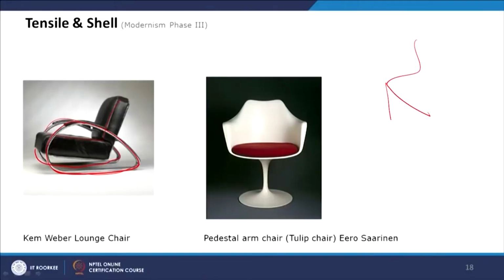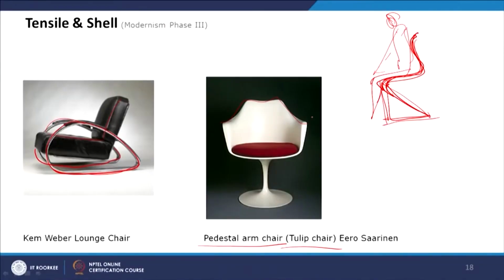For example, there was a Pantone chair which we have shown earlier, which falls under the streamlining phases. The Pantone chair also falls under it because of this curve, which is designed for the ergonomics of human body posture, but this curve is also just for aesthetics. And this Pantone chair comes in black, white, black and white, as well as different colors like orange and